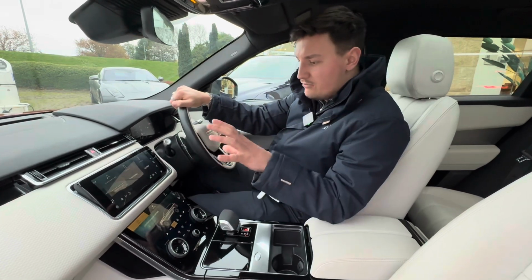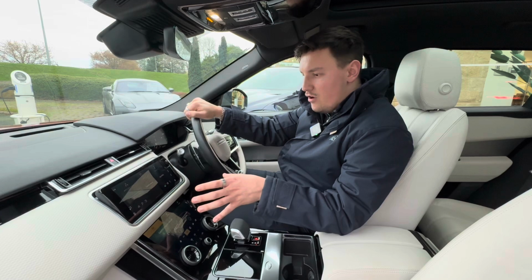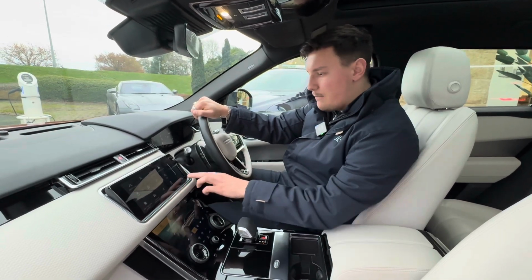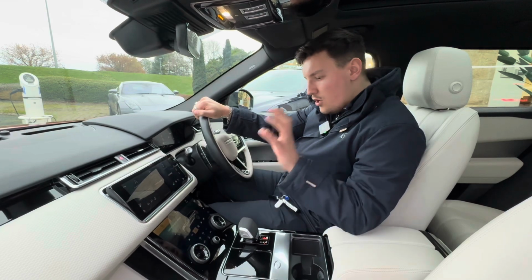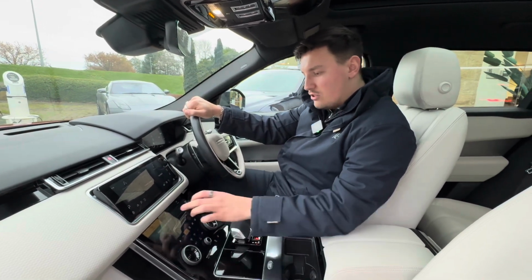And over here we have two screens, the top one being Pivi Pro, which is the latest infotainment system from Land Rover, the likes of your navigation, phone connectivity. We've also got wireless Apple CarPlay and Android Auto. Underneath, all our off-road modes that we'd expect to see on our Land Rover, as well as all our climate